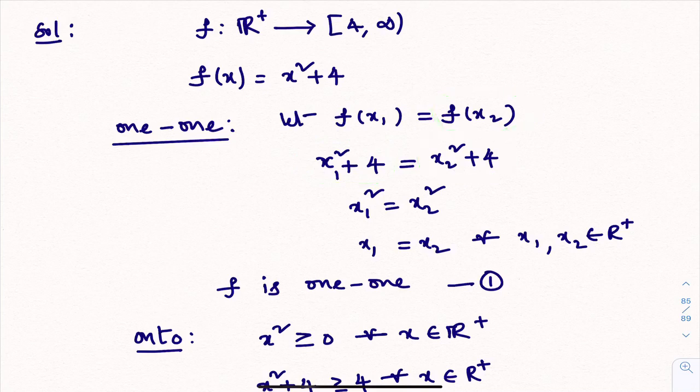Right. Now you see this 4 will get cancelled and x1 square equal to x2 square. Here important thing you need to observe. When x1 square equal to x2 square, I have written here x1 equal to x2. Actually, when x1 square equal to x2 square, you will get x1 equal to plus or minus x2. But the point is x1 is positive because all x1, x2 are non-negative real numbers.